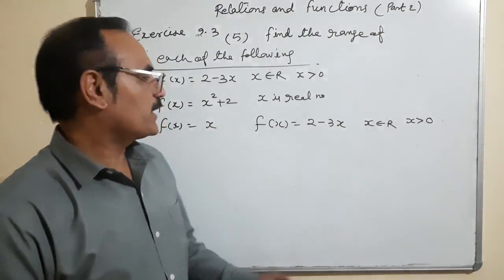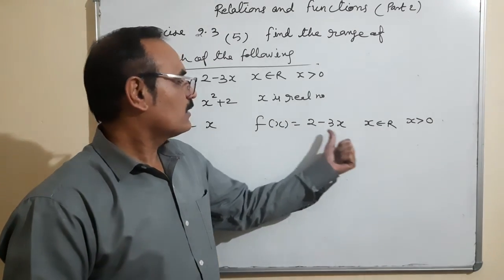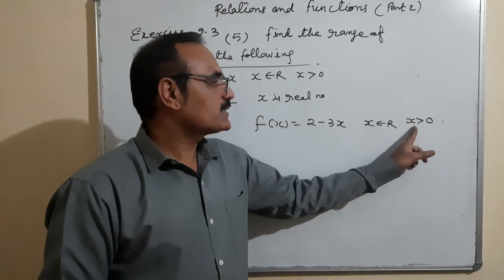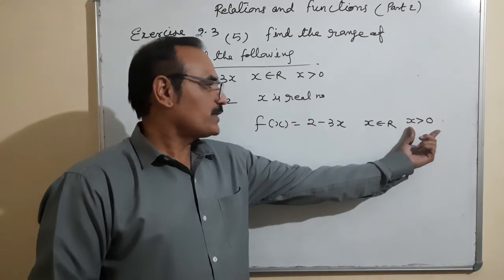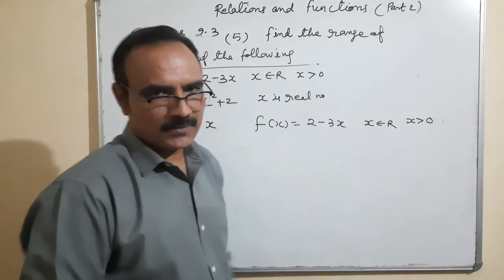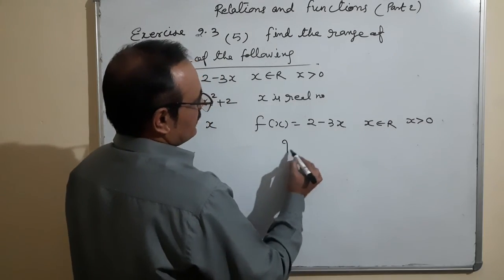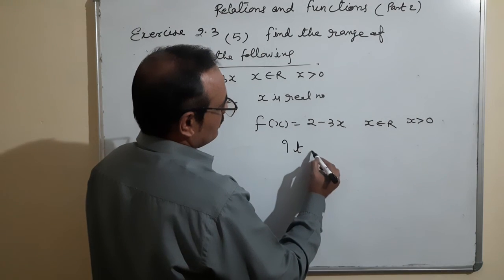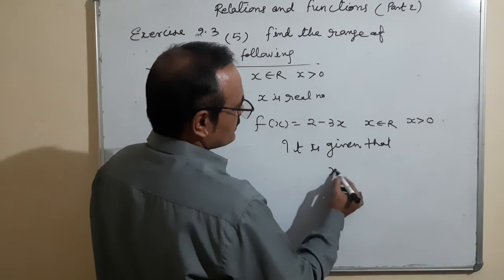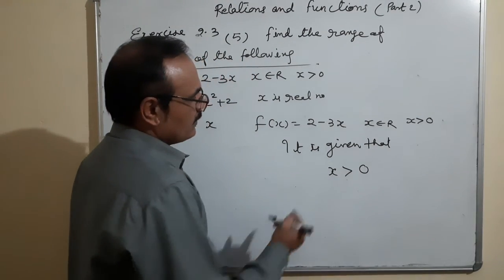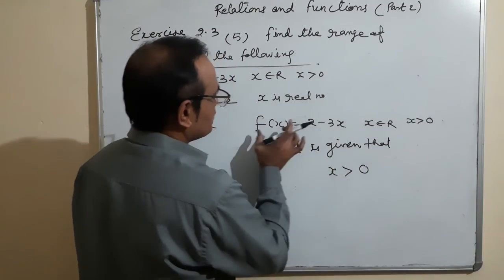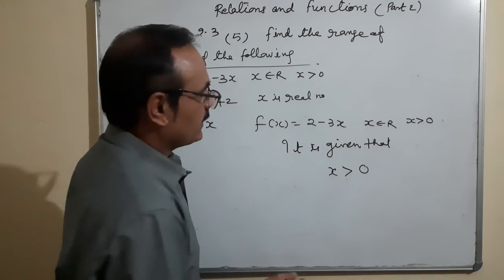Again, what is the output which we are getting from it? 2 minus 3x is a function. One condition is given, x is greater than 0. So with the help of this condition, we want to develop this term 2 minus 3x and see in which interval this term comes, because we are finding range only, not domain. It is given that x is greater than 0. I want to create 2 minus 3x in place of x, so that f of x will determine where it will lie.